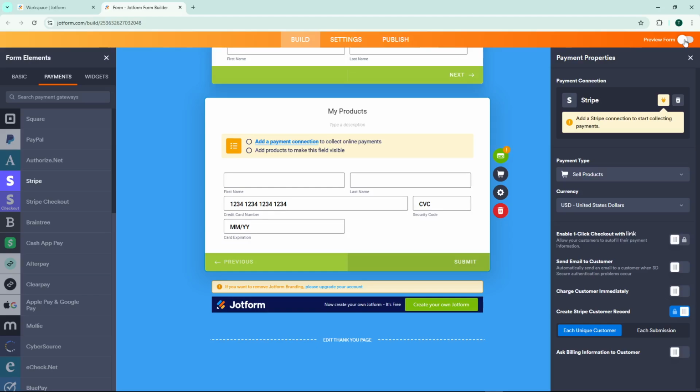Take a moment to test the form by entering some test payment information to confirm that it's collecting details without processing a charge. And there you have it. You've successfully configured your Jotform to collect payment information without immediately charging customers, giving you flexibility in how you manage